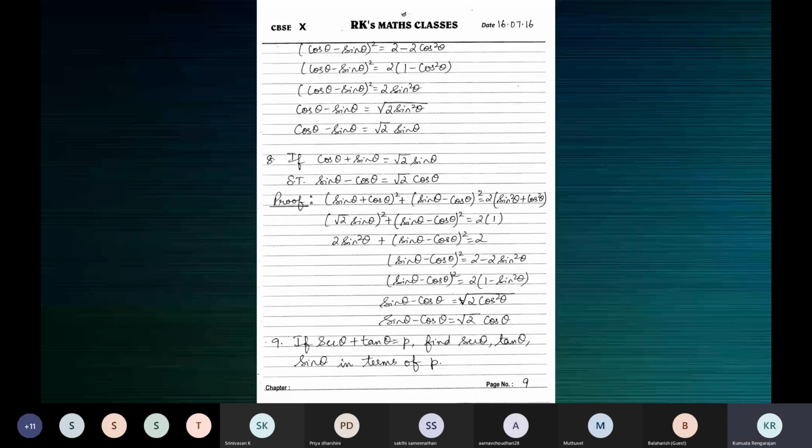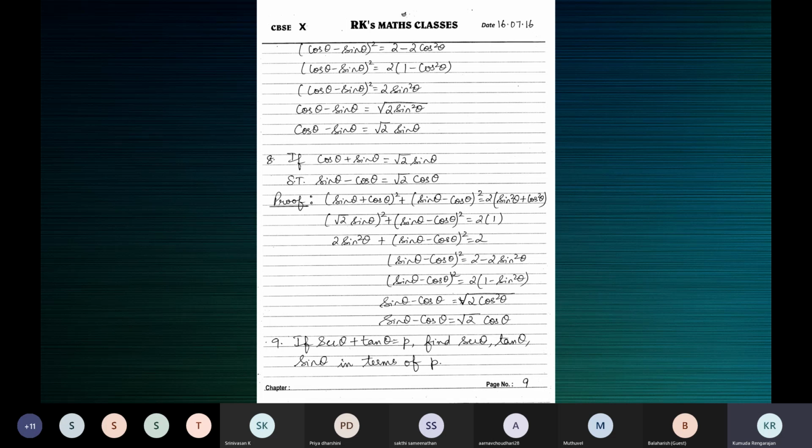Yes, ma'am. Yeah. Now do this in your mind. Now it's given that secant theta plus tan theta is P. So then what is secant theta minus tan theta? Transpose and tell me what is secant theta minus tan theta? One by secant theta plus tan theta, ma'am. So 1 by P, correct? Yes, ma'am. Yeah. So secant theta minus tan theta is 1 by secant theta plus tan theta.